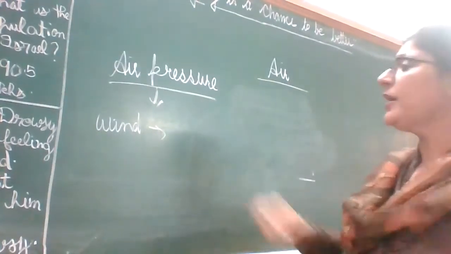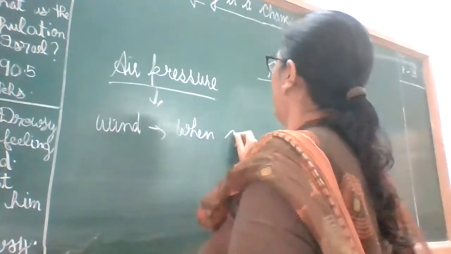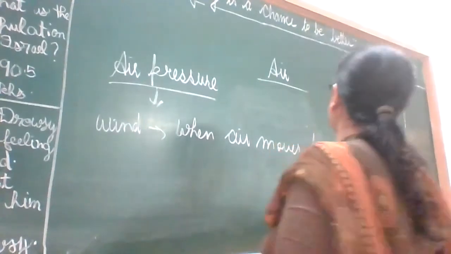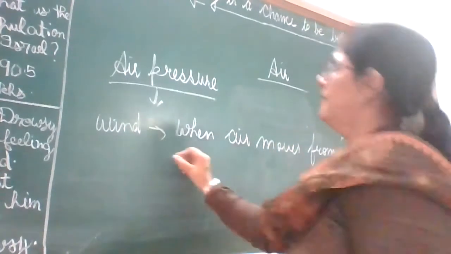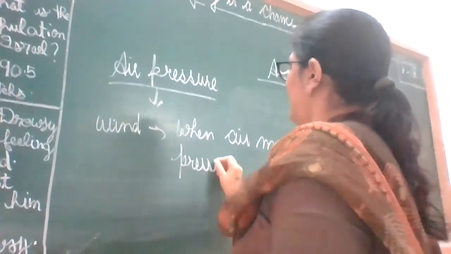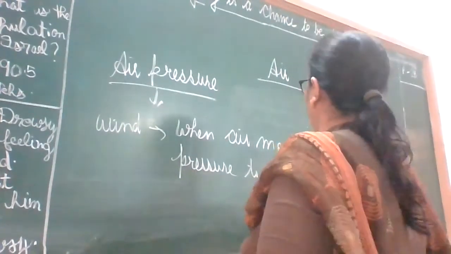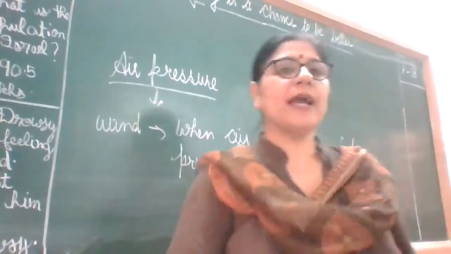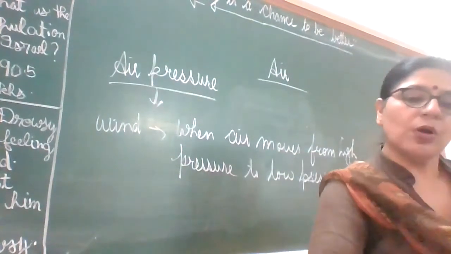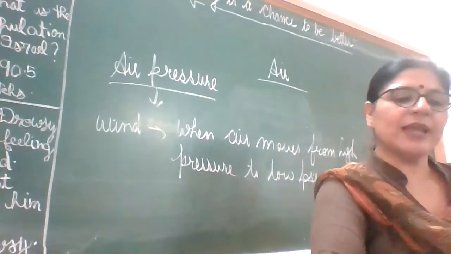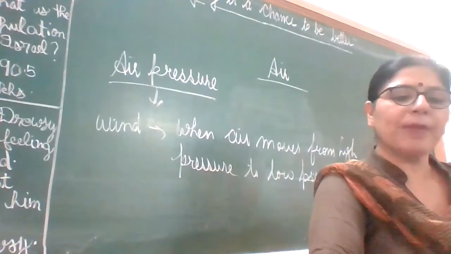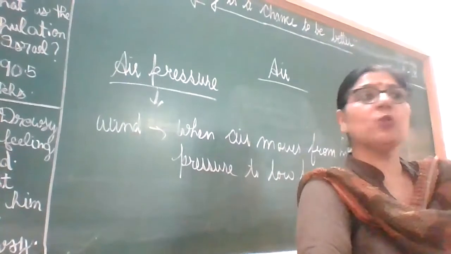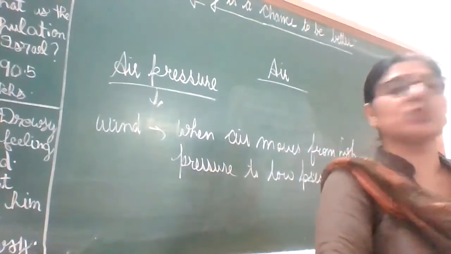Wind: when the air moves from high pressure to low pressure. ठीक है. So that is called wind. वो क्या कहलाती है? Wind कहलाती है. So you can see the wind at work as it blows dry leaves along the pavement. आप देख सकते हैं हवा चलती है, पत्ते हिलते हैं, पेड़ों के पत्ते हिलते हैं और पेड़ों के पत्ते टूट के हवा जो है उन पत्तों को एक जगह से दूसरी जगह लेके जाती है.